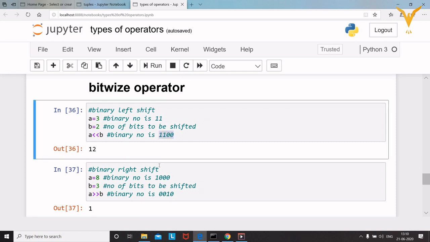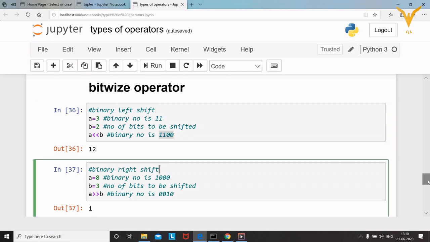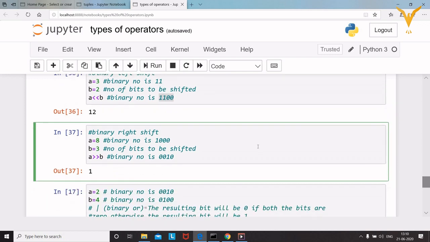Next is binary right shift. Here we have taken the values 8 and 3. So 8 is your value and 3 is the number of bits to be shifted. The binary right shift will shift the bits to the right side. At the start of the number, zeros will be added, whereas in the case of left shift, the zeros are added at the end of the number.